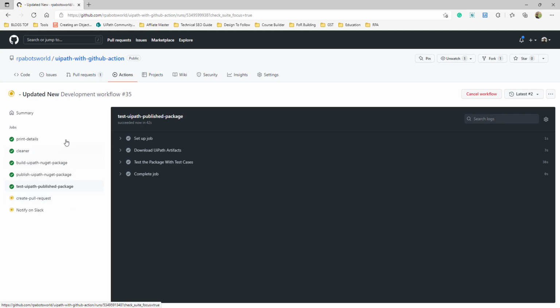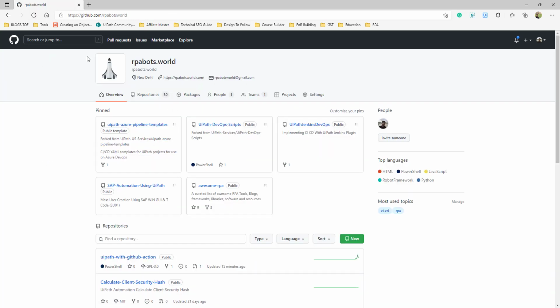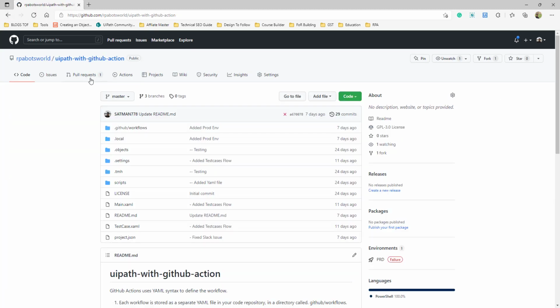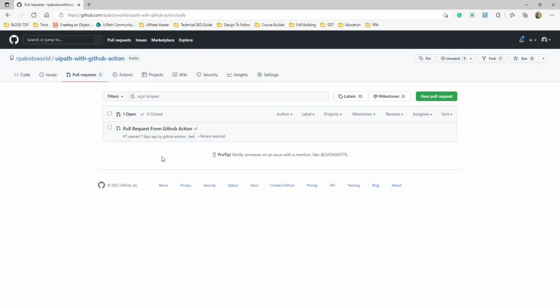Now it will create a pull request so that the code that we have changed can be merged with the master branch. It has created a pull request, and it has also notified on a Slack channel. Let's look at the repository now. If you look here, you will see a pull request.